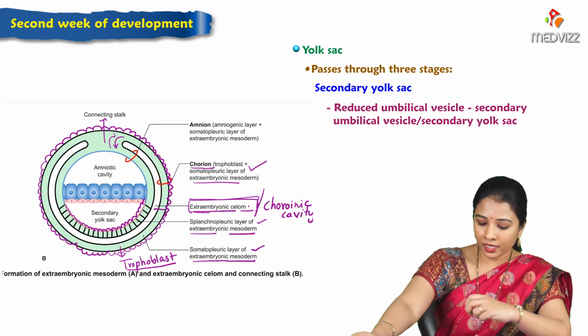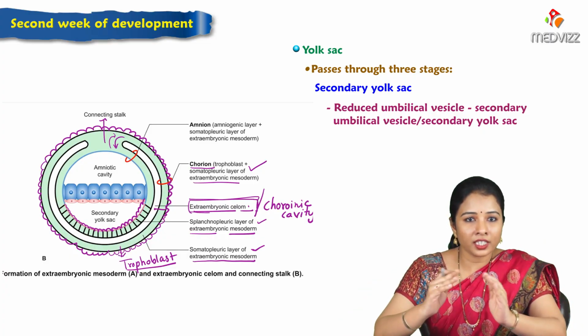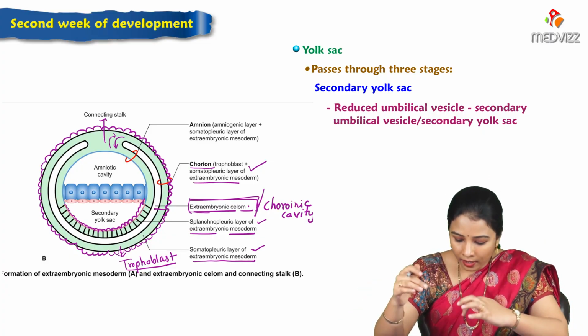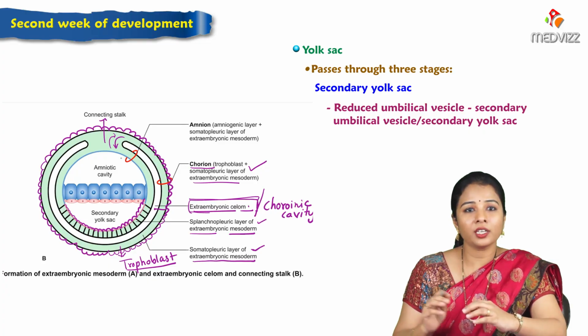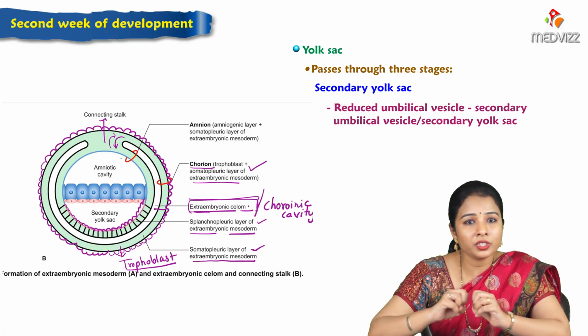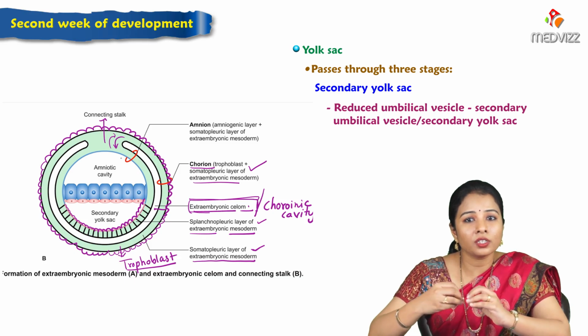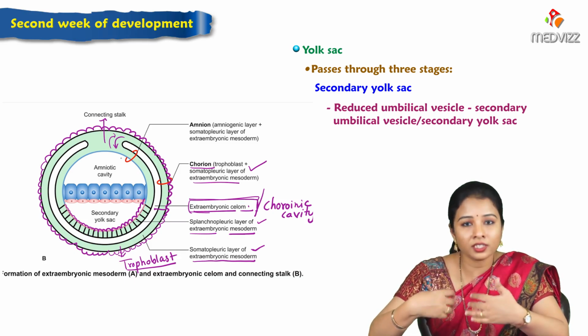So what happens? I'll tell again. This secondary yolk sac, how does it form? The primary yolk sac, initially, is a little larger in size. Because of the formation of the extraembryonic coelom, what happens? The part of the yolk sac is pinched off from the mother yolk sac, so that by the extraembryonic coelom, it gets absorbed into